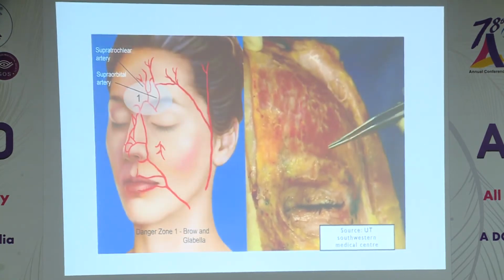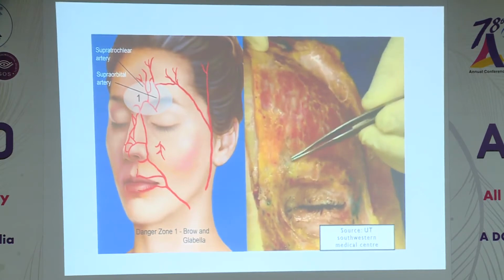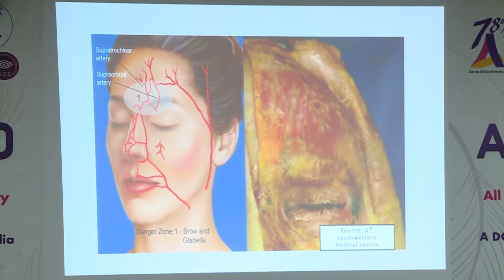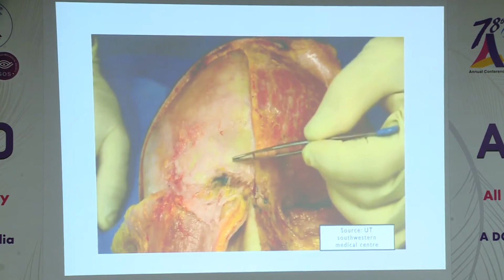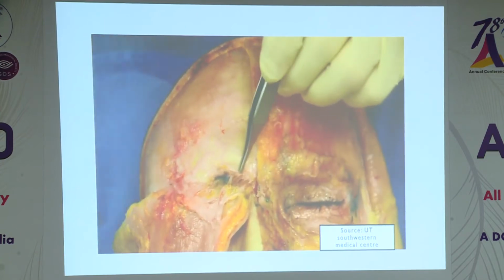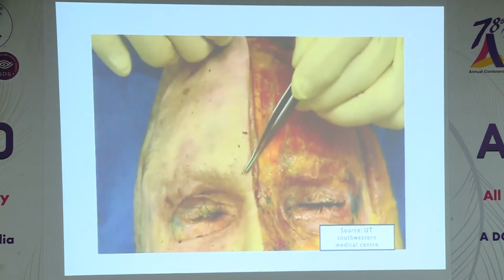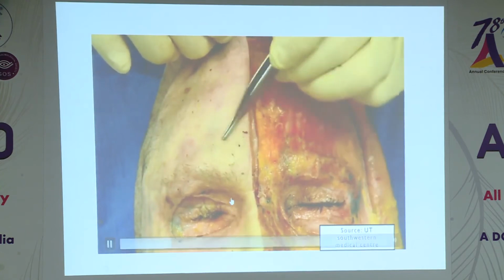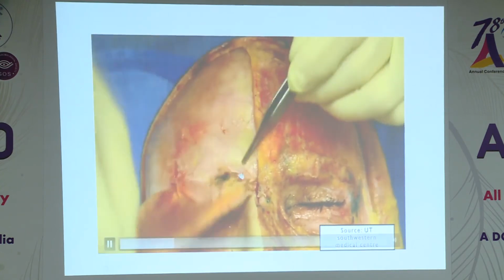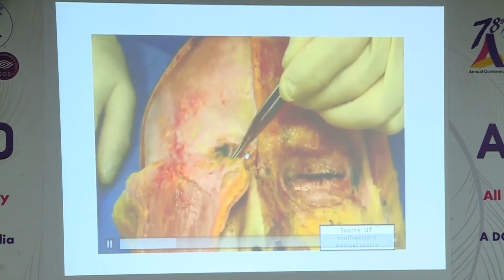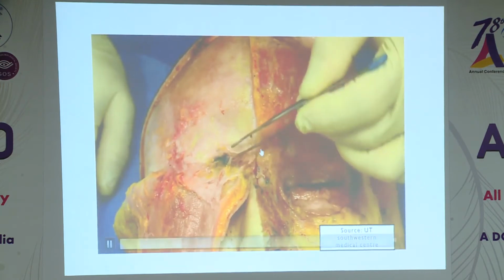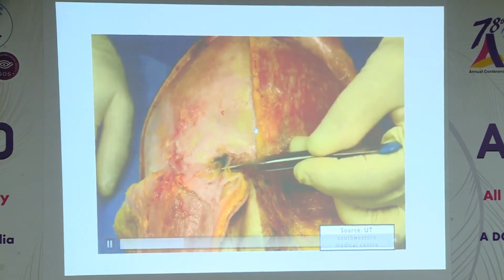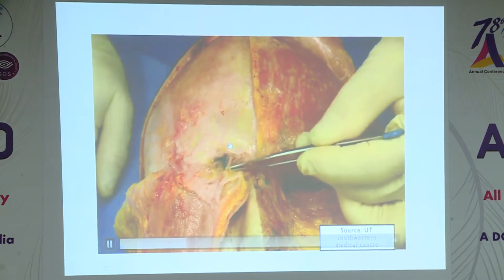We must beware of this danger zone. We can name it as danger zone 1. The supraorbital artery and the supratrochlear arteries come out of the supraorbital notch here, and retrograde injections of fillers can cause blindness. So we must always be clear about this. Supratrochlear arteries here, as you can see inside, have multiple deep branches. So when you inject fillers in the glabellar area, do it superficially. Otherwise skin necrosis and vision loss can be one effect of it.